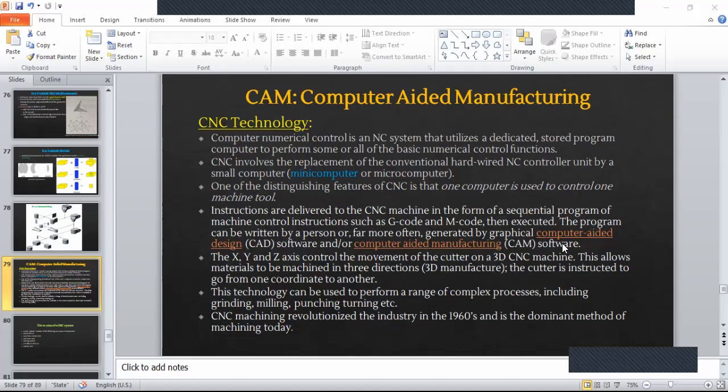So you see, I told you that there is manual part programming, right? That you write the code as per the drawing sheet that you have. Another one is we had dedicated CAM softwares, like Mastercam. So those are used for writing that code.